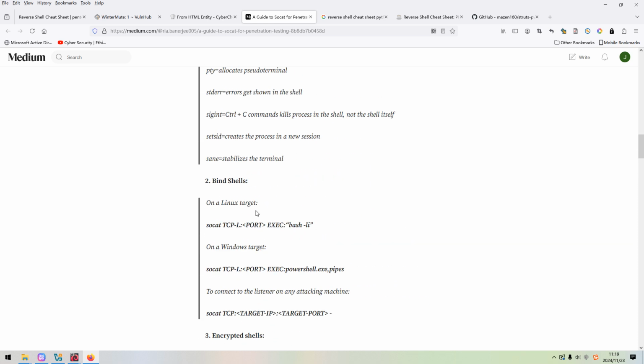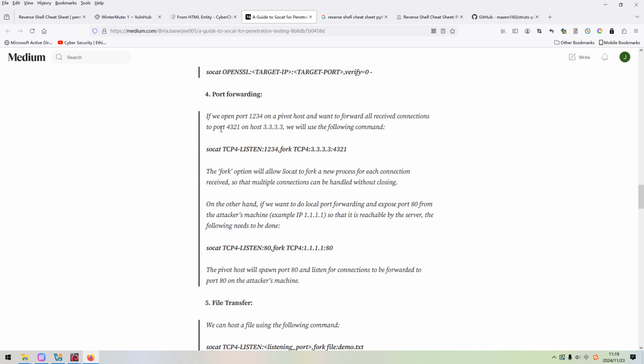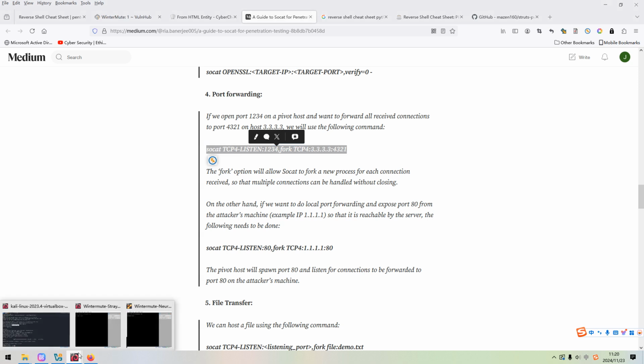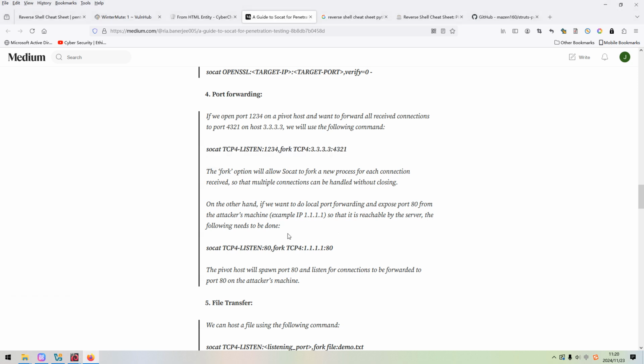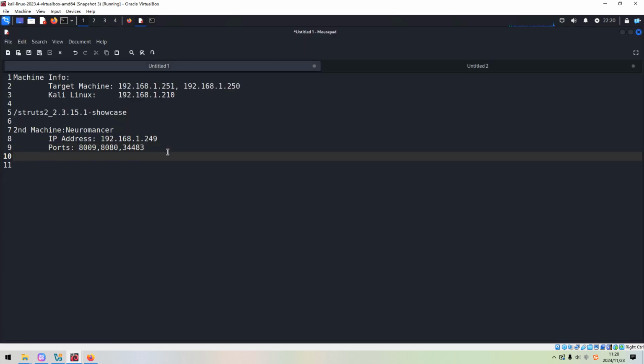It can set up bind shells or reverse shells, and also set up port forwarding. This is what I'm going to do now. We can copy from this site. The link of this website will also be put into the description section below, so if you want, you can refer to it. Okay, and we can paste over here.